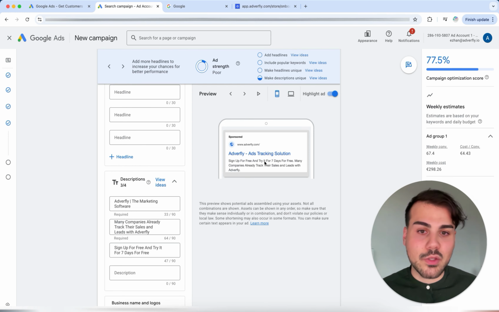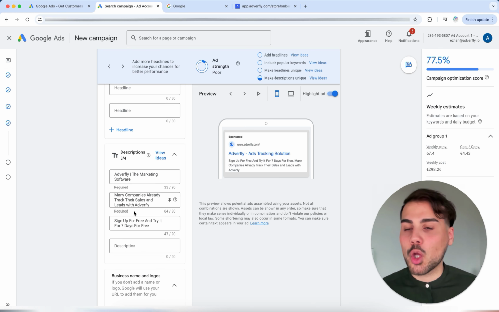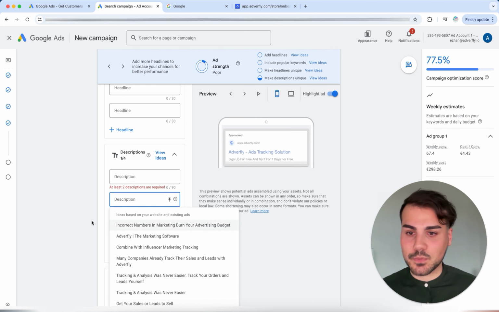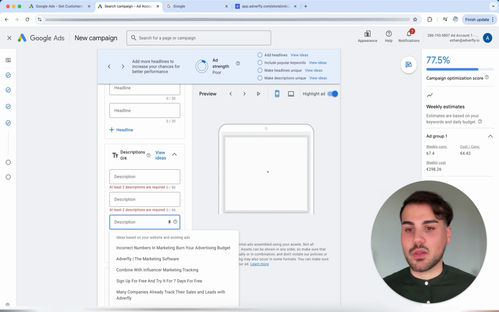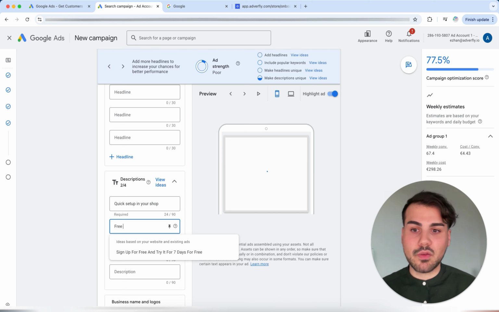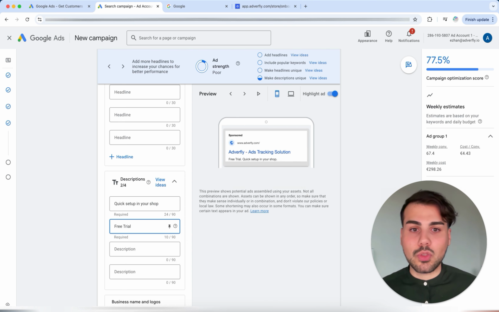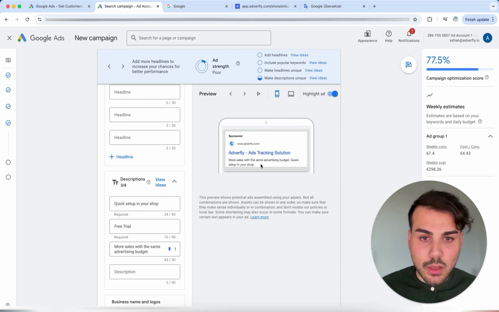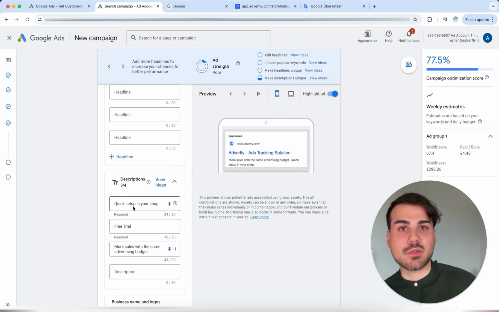The description here on the right would be the lower part here. And then you can erase everything here, as I will omit the suggestions for now. Here we must select at least 2. This is exactly like what is shown above. You can add multiple items here and also pin them, allowing Google to test them and determine which performs the best. In this situation, I will simply write the following down here, and then I will write something else here again. As a third option, I can write the following, for example. Then I can also say, for example, I want to fix this at position 1, and Google can switch the other 2 back and forth as Google wants. Or better said, Google's algorithm or AI.